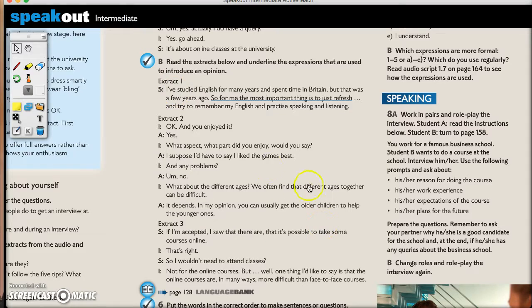The next activity says read the extracts below. So these are the extracts, extract 1, 2, and 3. So those are pieces of interviews. And underline the expressions that are used to introduce an opinion. So look at this one. So for me,